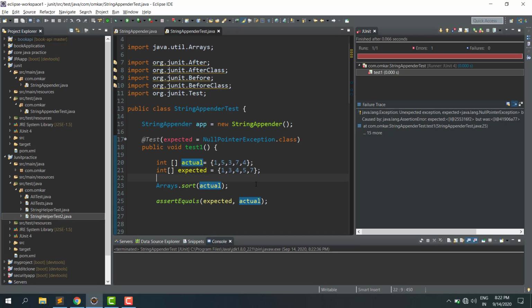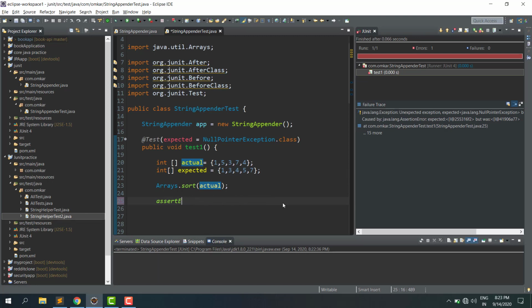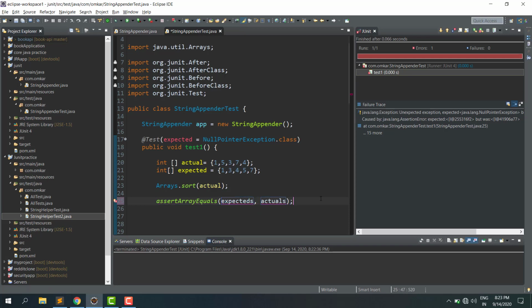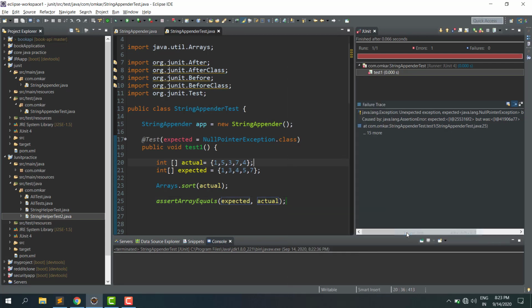To overcome this, they have provided a method especially for arrays: assertArrayEquals. When you give the expected and actual values here, this method will replace them with their values and then compare them. When you run this thing,